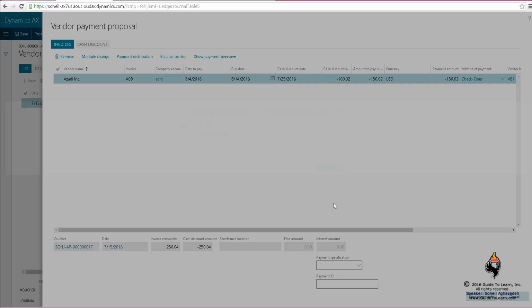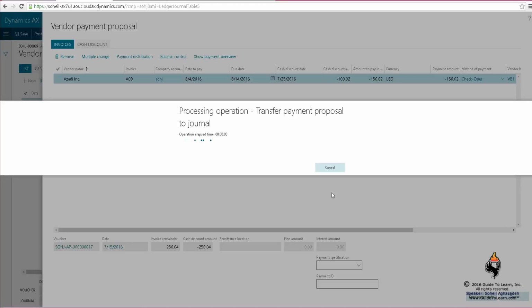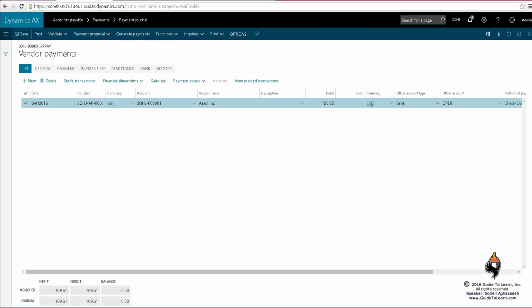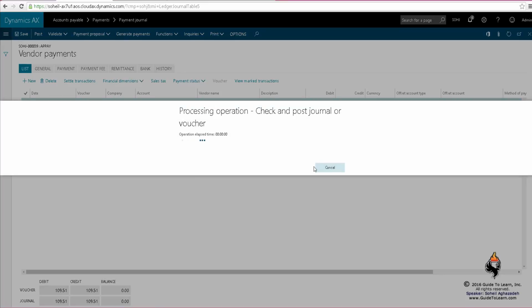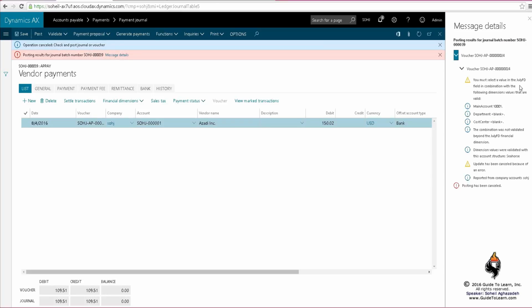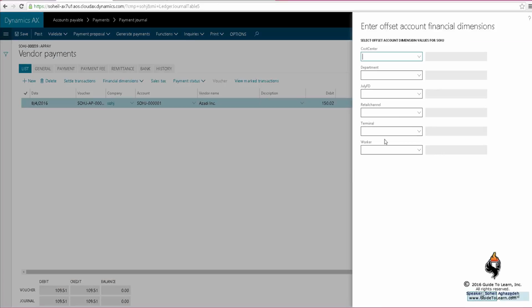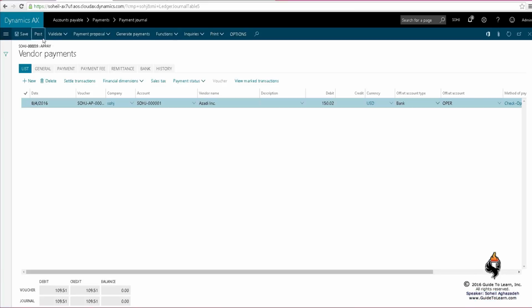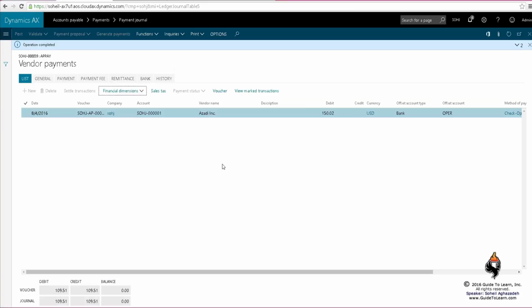As I mentioned before, the check or payment cannot be generated based on a USD, but let's see if I don't generate the payment and try to post it, if this is acceptable, because I accept transactions in multiple currencies. As you notice, it doesn't let you due to this problem because you don't have the US logistics, and that is the bug again. If I go to the financial dimension, I specify the default mandatory financial dimensions and try that again by just posting but not yet generate the payment.